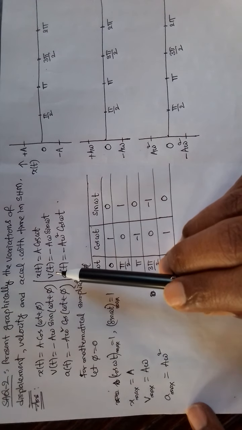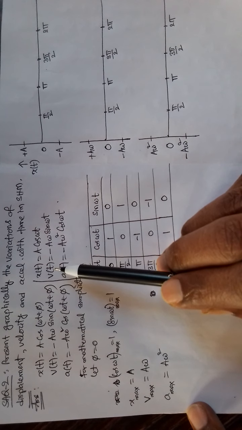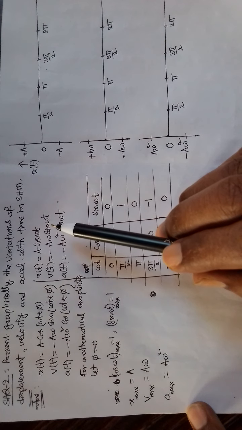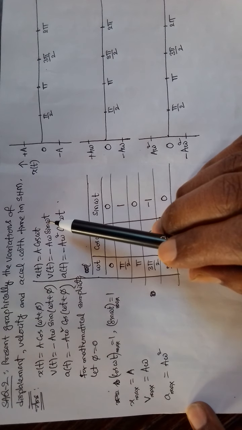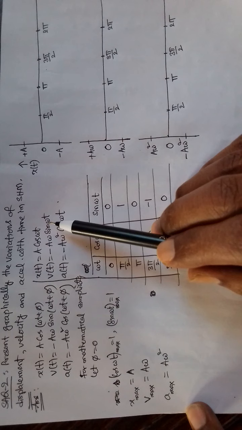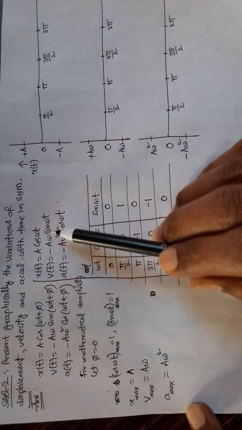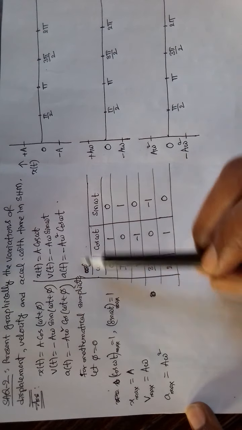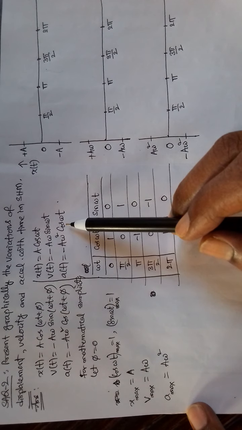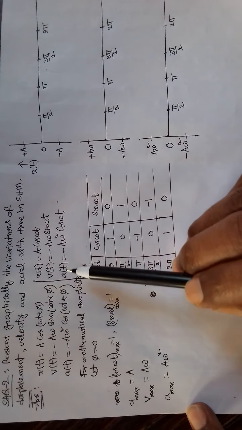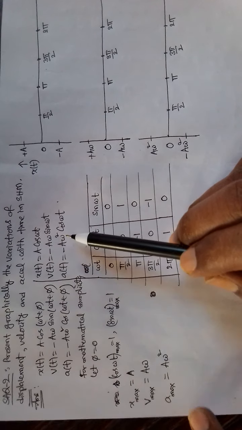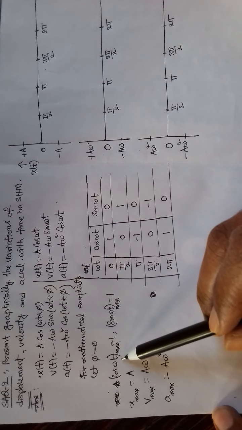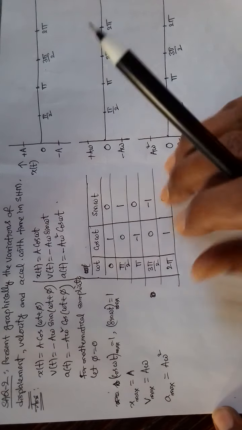Now let us go for the velocity expression. Suppose you want to find the maximum velocity. Here in place of sin omega t you substitute its maximum value. The maximum value sin omega t gives is 1. Therefore v maximum becomes a omega. Similarly, the maximum value cos gives is 1. Therefore maximum acceleration becomes a omega square. So these are the maximum values.